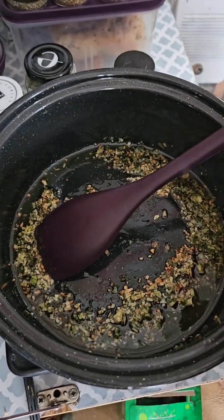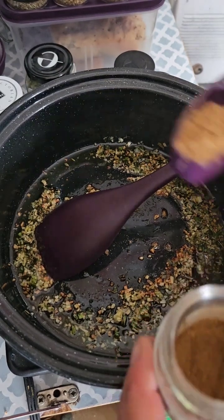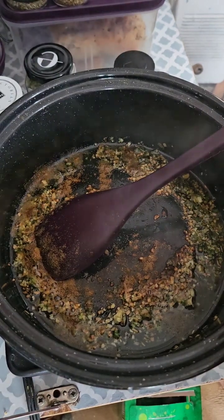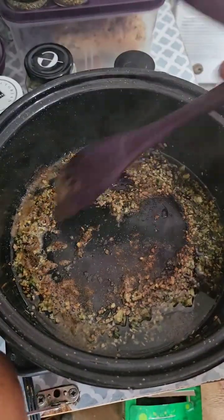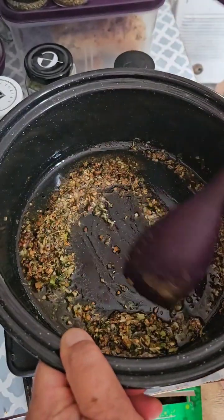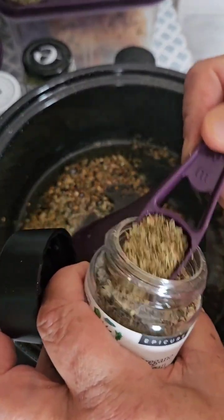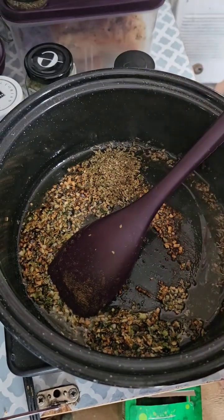Always love cumin. Now you don't need much of this delicious spice to get some flavor, so I'm only using 1 teaspoon of the cumin. Rosemary, always so good. Again, another teaspoon of the rosemary. Keep your seasonings moving. Oregano, because we have tomato, and what goes best with tomato? Yep, oregano. And thyme